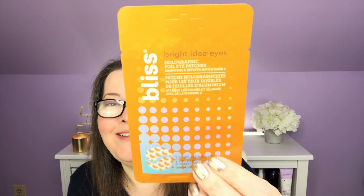Reaching in, right on top, we have Bliss Bright Idea Eyes Holographic Foil Eye Patches. That sounds really cool. And that is what they look like. And the paperwork says, these soothing under eye patches with calming licorice root